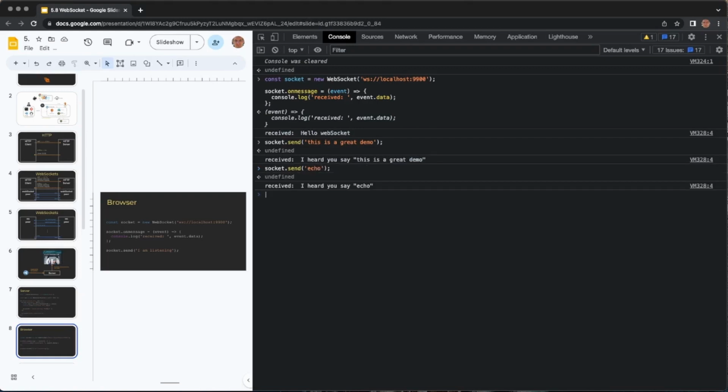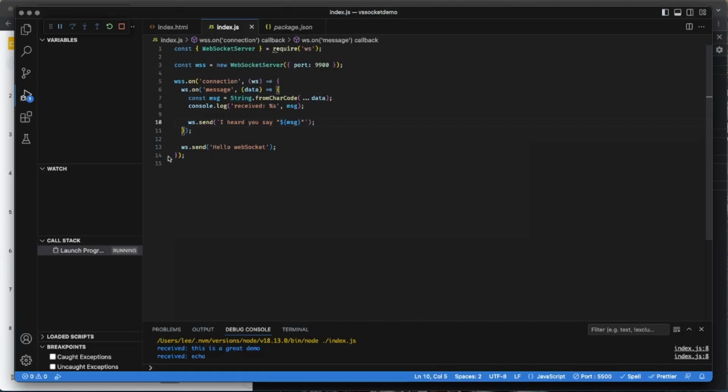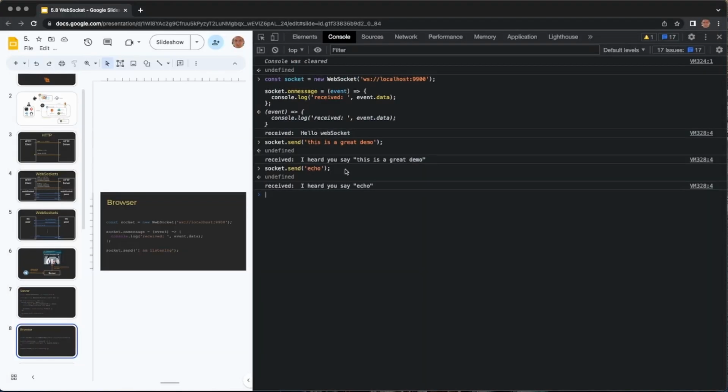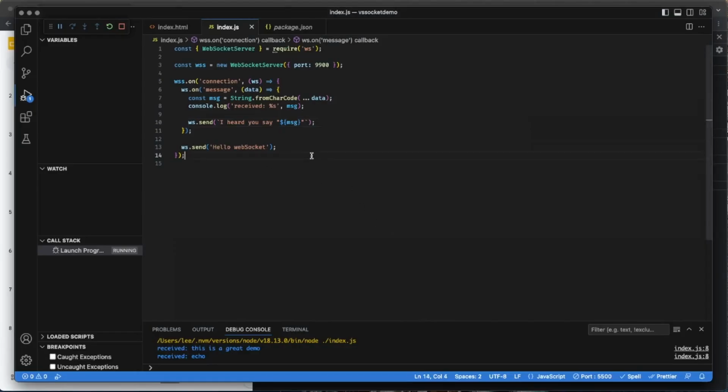It's just parroting back. But you can see that with those simple 5 lines of code on the client and a simple 14 lines of code on the back end, I can actually do bidirectional communication now. And either one of these sides can send data back and forth however they want. If I actually went over here and stopped my server